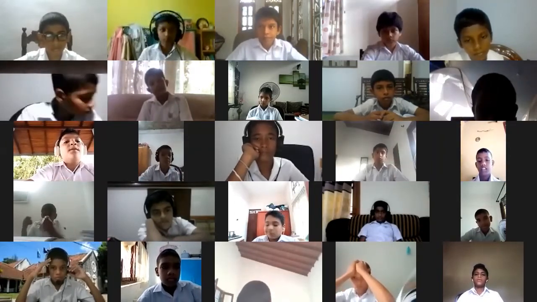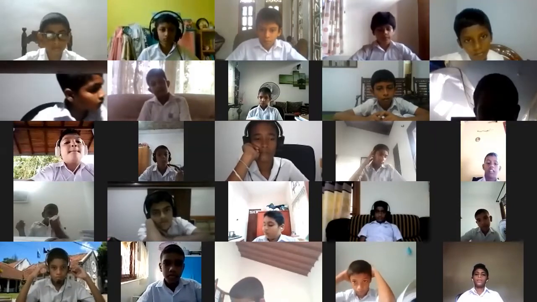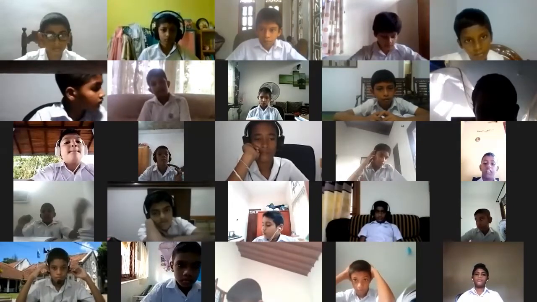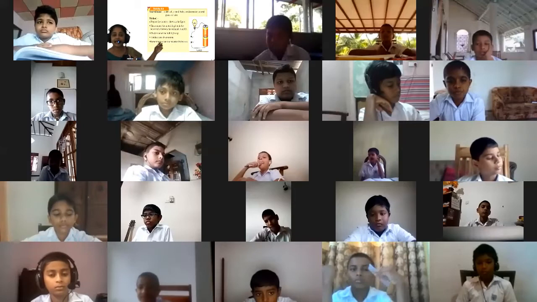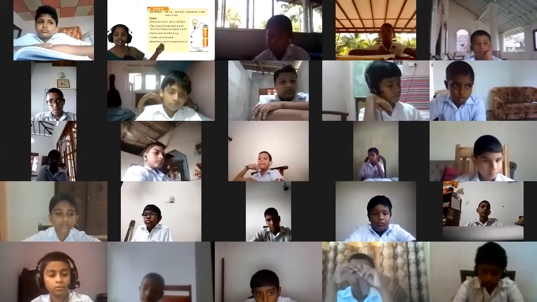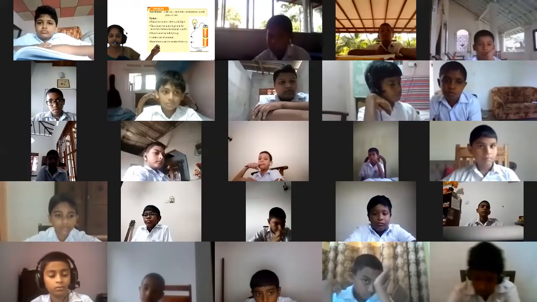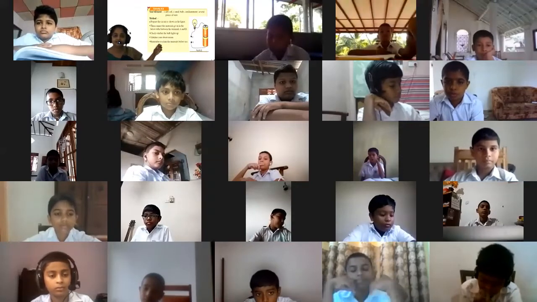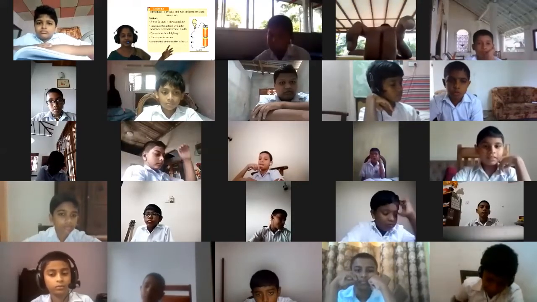Now, in this activity, we have to use a set of materials to join A and B. What are the set of materials to join A and B? Under this activity in your book, you can see the set of materials in a table. Have you seen that table? Yes, there are the set of materials.